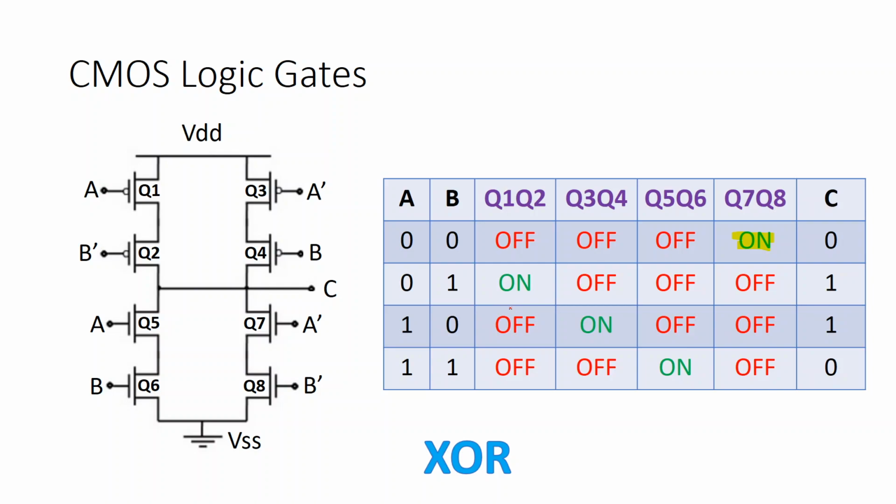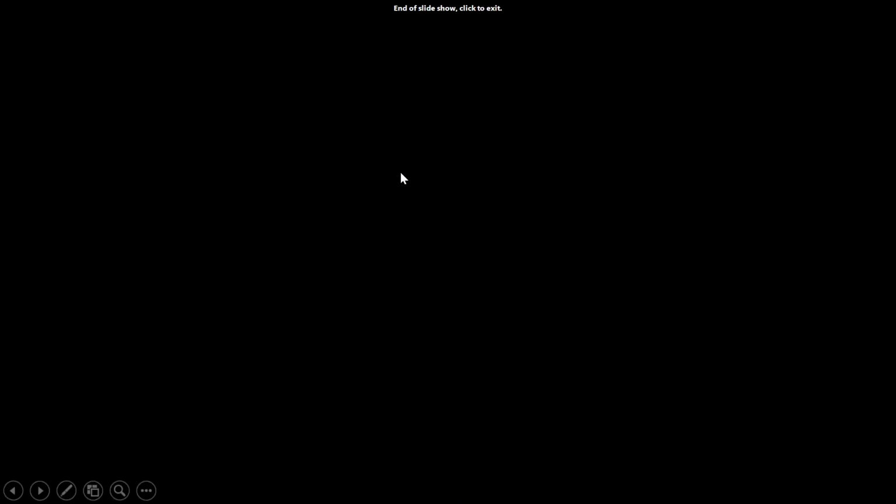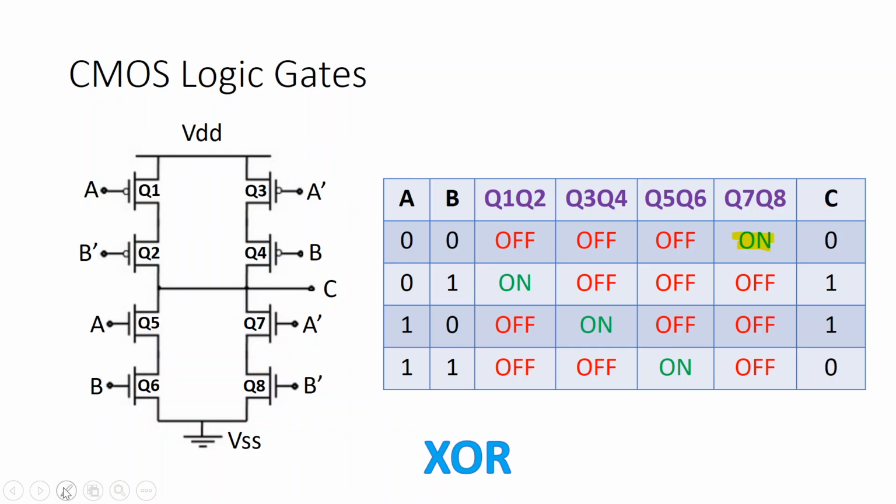Now the task that I will give you before leaving the lecture, yes, the lecture has ended, so before leaving the lecture I will give you the task to create a XNOR gate. It is obvious that if you connect a NOT gate at C, you will get a XNOR gate, but that will give you 2 additional transistors. I am asking you to create a XNOR gate using 8 CMOS only,